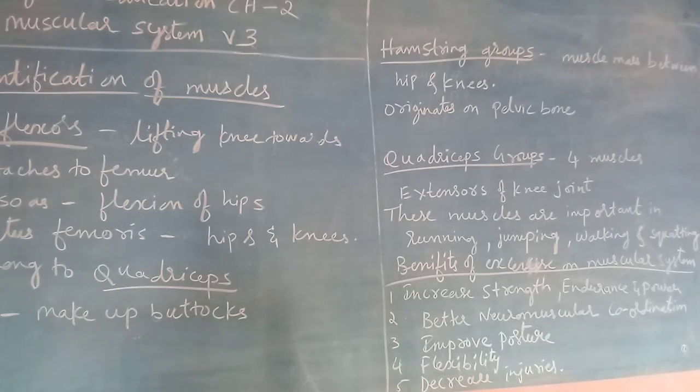Okay, next is the quadriceps group. Quadriceps itself indicates a group of 4 muscles, that is the extension of the knee joint. There is a joint in the knee just below the hip. So what are the activities that we are going to perform? Which muscles help in performing activities like running, jumping, walking? Squatting means you just try to sit in a chair position and then again you get up, again sit in the position of a chair and then get up.